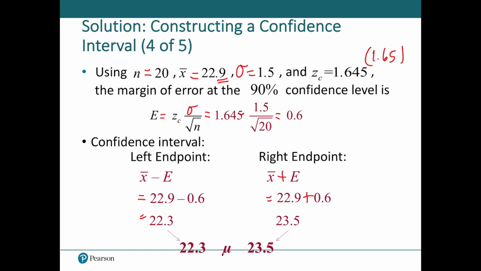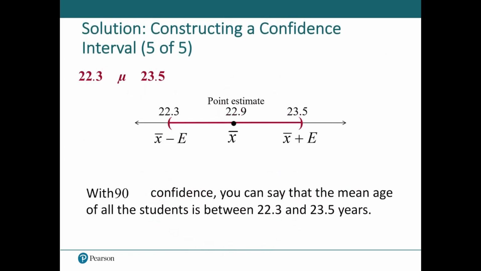On the right side, no shocking news here. All you have to do now is to add the margin of error. Let's go ahead and do that. And we get the right-hand endpoint of 23.5. Pretty narrow spread of data. So the mean will be between 22.3 and 23.5 with 90% confidence. So that's a pretty tight range. The 90% helped to become even more precise than, say, 99 would.